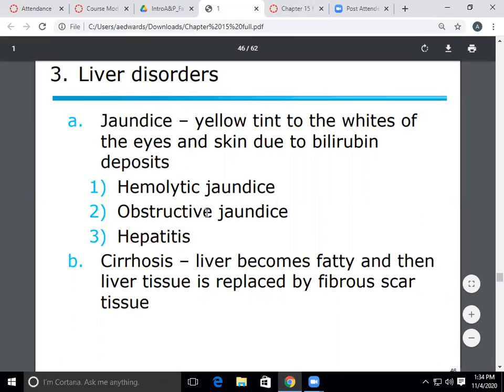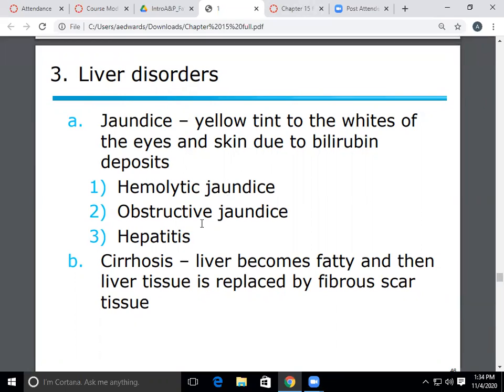All right, so disorders of the liver: jaundice. So jaundice, typically you're going to see yellowing of the whites of the eyes, yellowing of the skin. Okay? It has to do with bilirubin deposits there. Okay? Types of jaundice: you have hemolytic jaundice, obstructive jaundice, and hepatitis. Okay? And that's kind of an inflammation of the liver. All right,